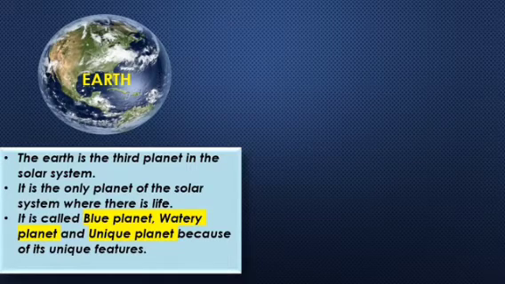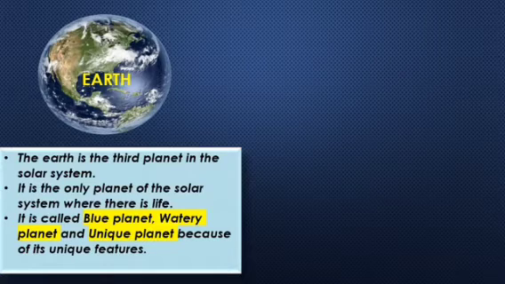Why Earth is called unique planet? Life on Earth has become possible because of the suitable distance between the Sun and the Earth, ideal climate, variety of soils which supply food and water to the plants, suitable environment, etc. Due to all these unique features of the Earth, it is called unique planet.